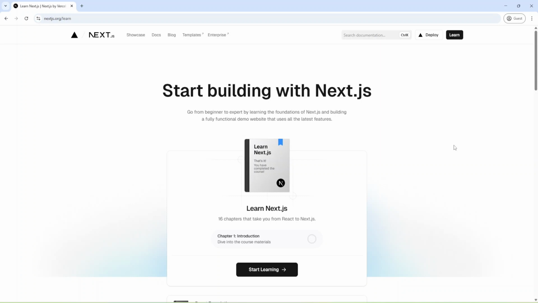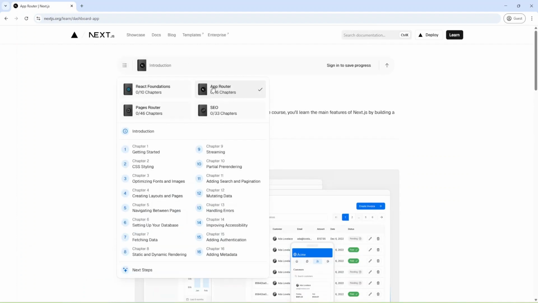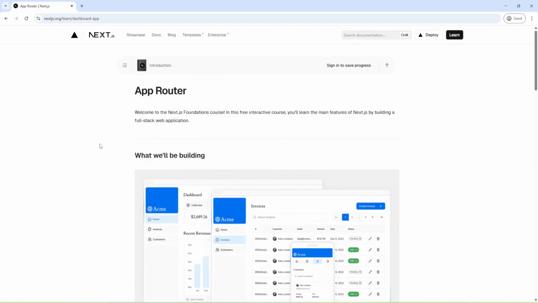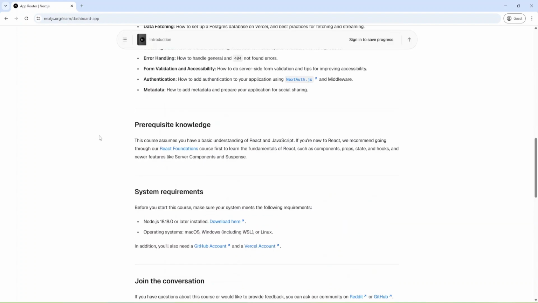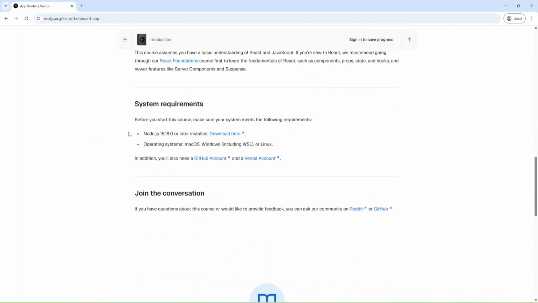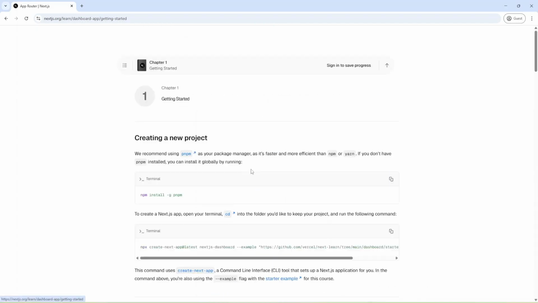Today I'll build a Next.js application following the app router tutorial from the Next.js Learn docs. So I opened Next.js Learn and now I'm going to start learning, and as you can see I'll follow the app router tutorial, and we have some introduction, and here we need to check that we have Node.js. You can open the terminal and check the Node version. Okay, I have 22, and now I can get started.